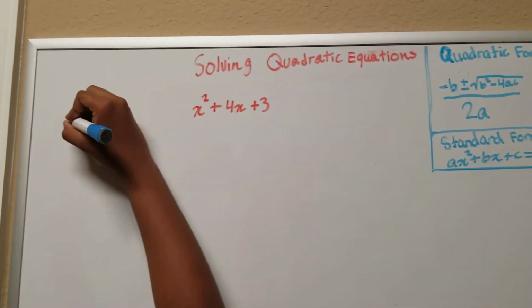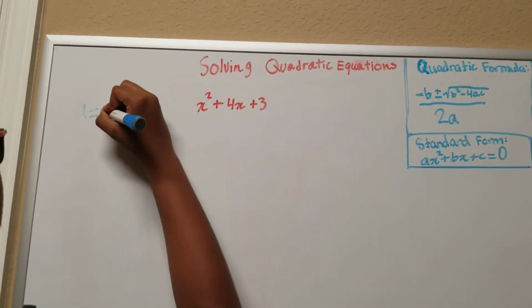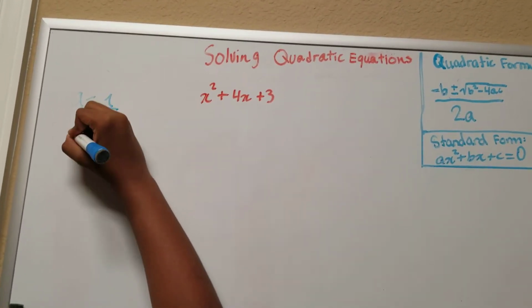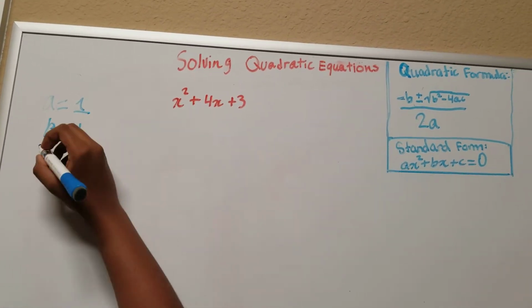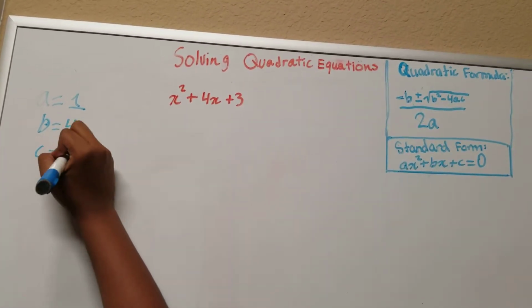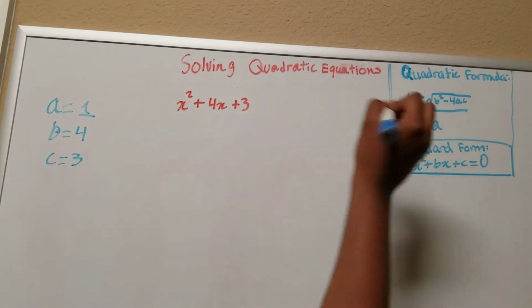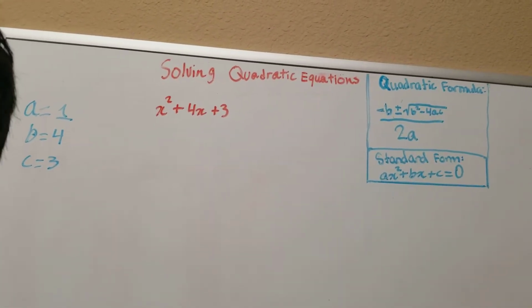So our a is 1, our b is 4, and our c is 3. So now we have to plug these values into this formula. So to do that,